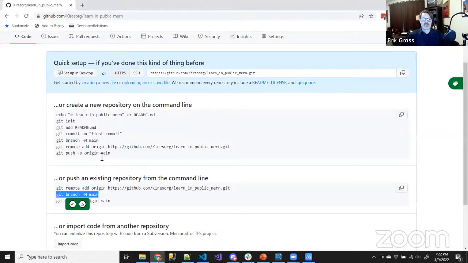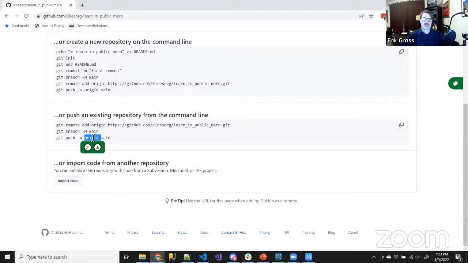All right. Finally, we're going to push, and we're going to push to the origin. What's origin? Well, we defined it right here. It's a remote connection. It's a remote repository. So we're going to push to the main branch. Let's grab that